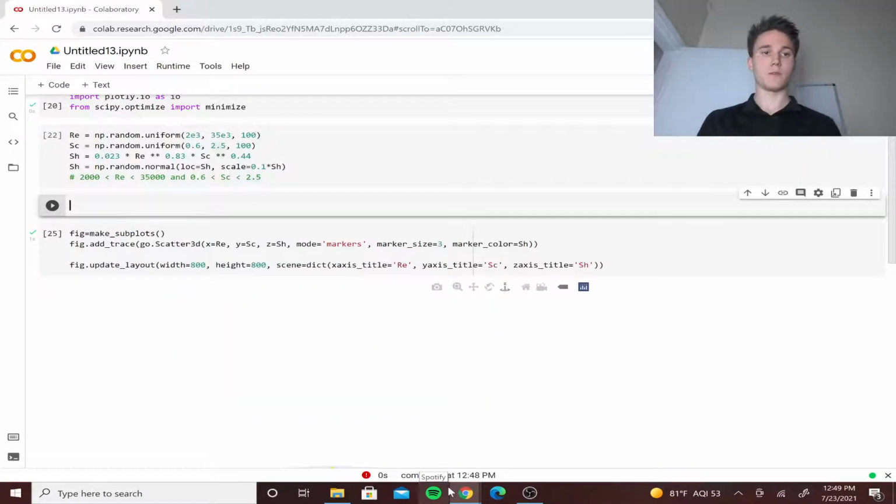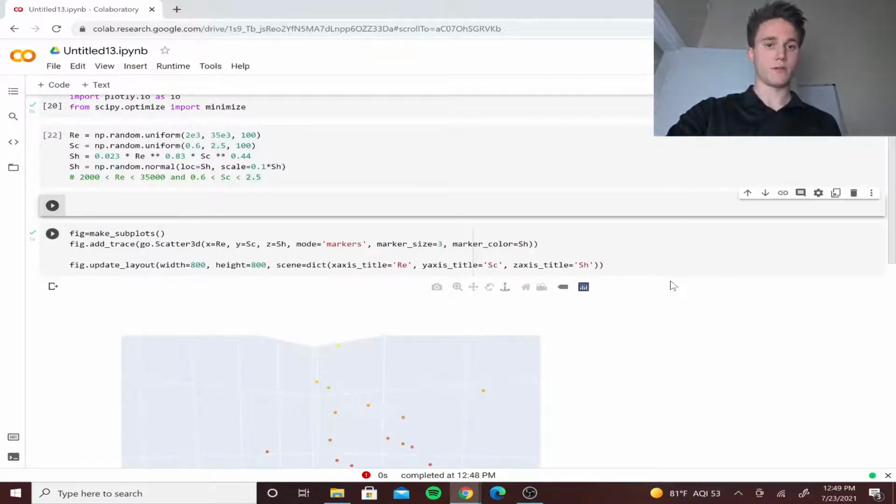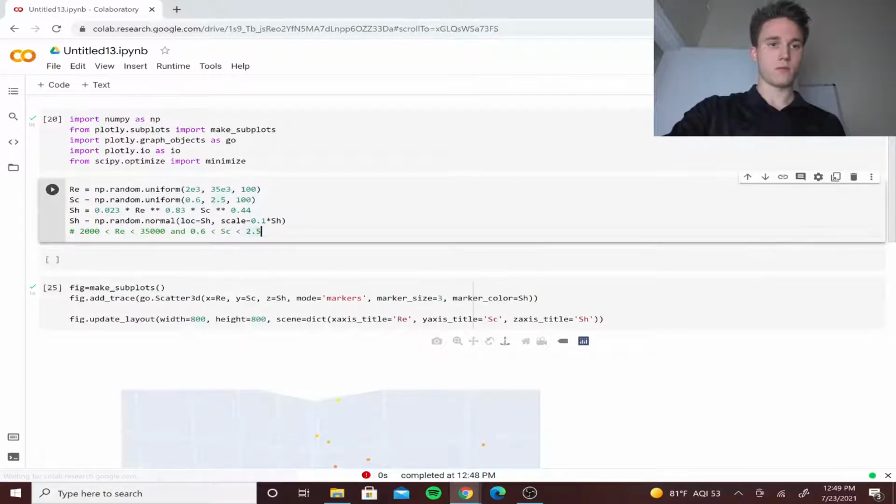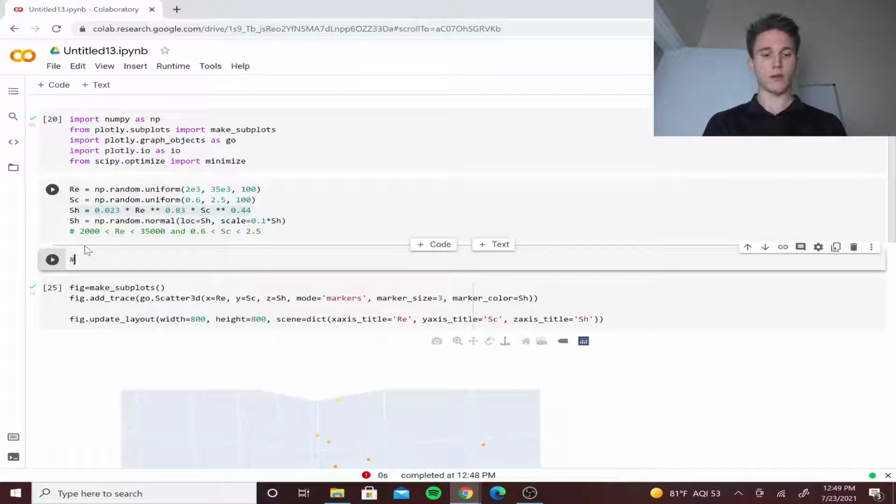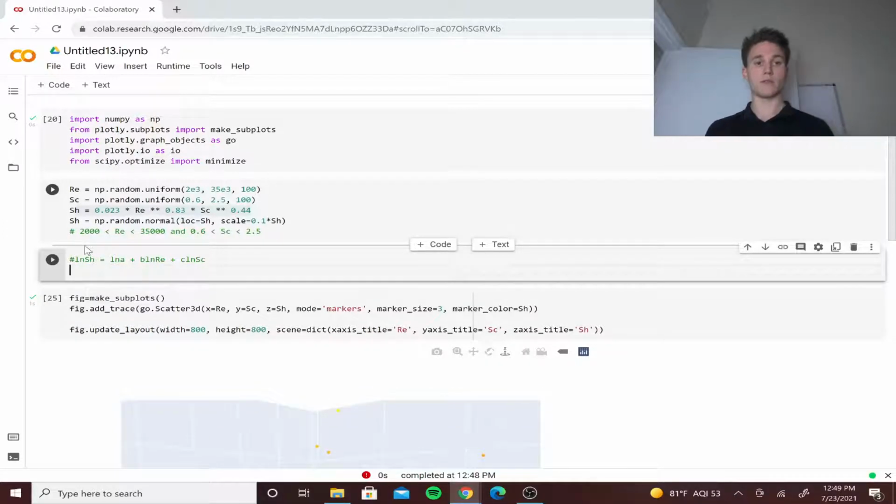Alright, next we want to do linear regression on our correlation up here. And to do that, we will take the natural log across the whole equation. So we'll show that in terms of A, B, and C. So now that this equation is in the linear form,